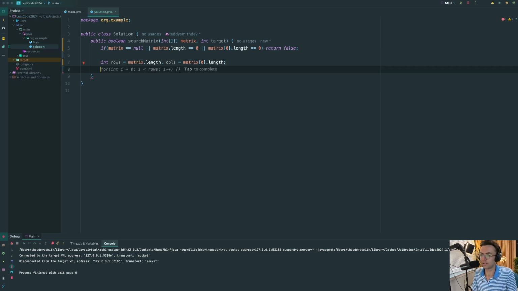Then what we're going to do is create our pointers. So we're going to create our left pointer. We're going to create our right pointer. And this is going to have some pretty cool logic. We're going to times the rows by the columns, and we're going to minus 1